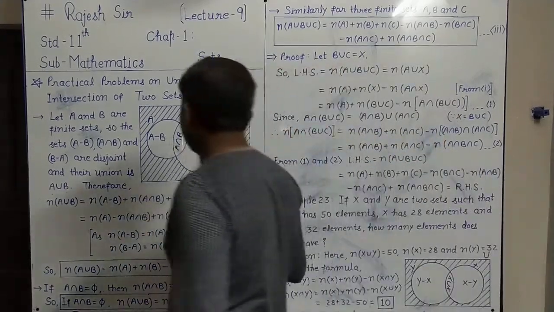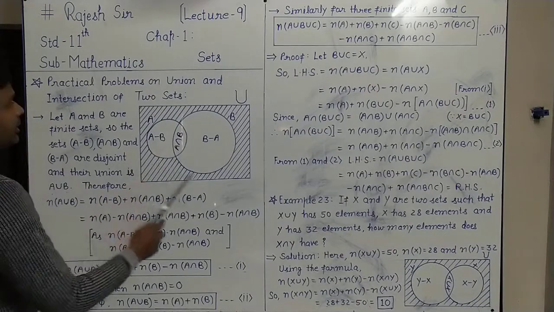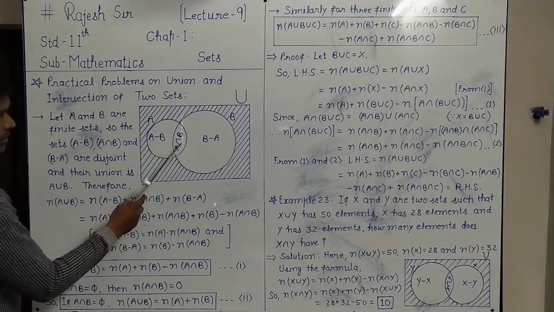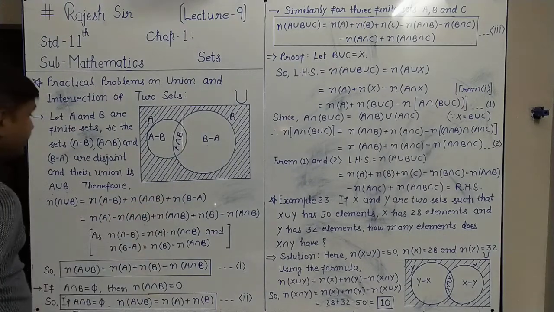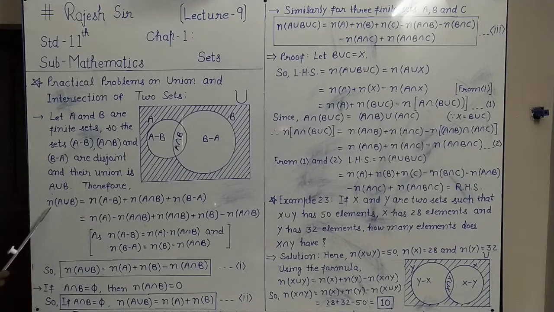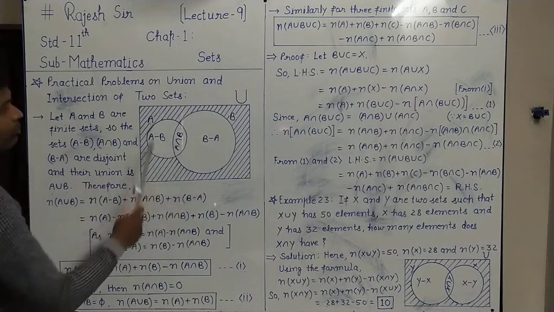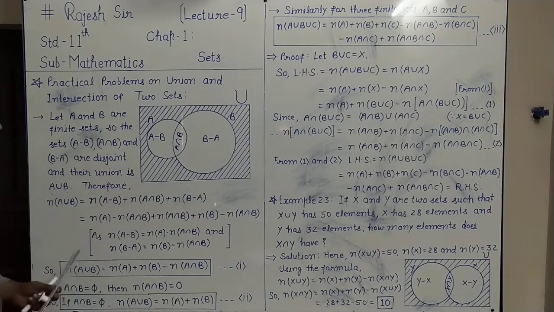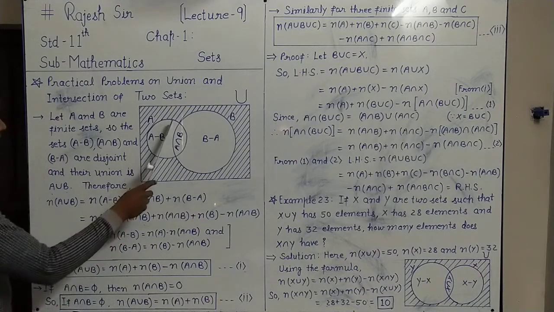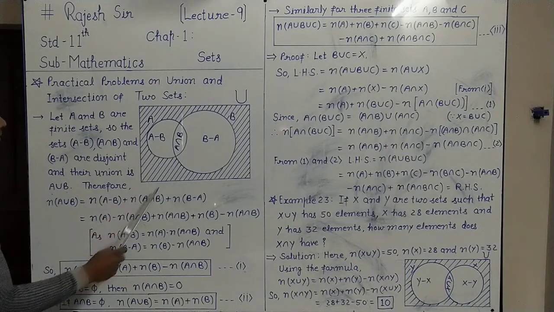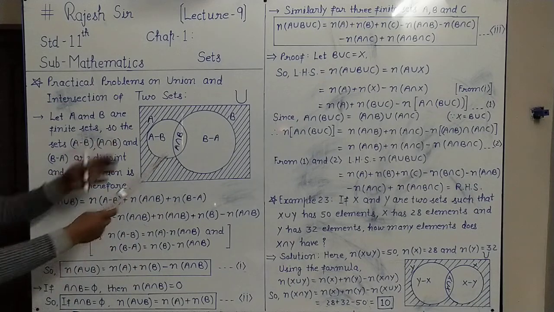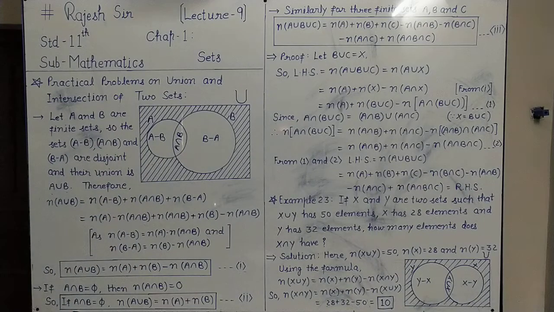If the union of these three sets gives A union B, then the number of elements in A union B will be equal to the number of elements in A minus B, plus the number of elements in A intersection B, plus the number of elements in B minus A. That can be written here. n(A union B), where n shows the number of elements, for all this white area, that is A and B's union, equals the sum of the three parts: n(A minus B) plus n(A intersection B) plus n(B minus A). This is obvious from the Venn diagram, you can see it very clearly.